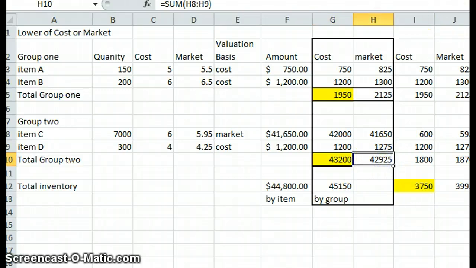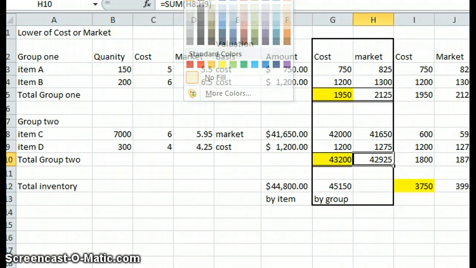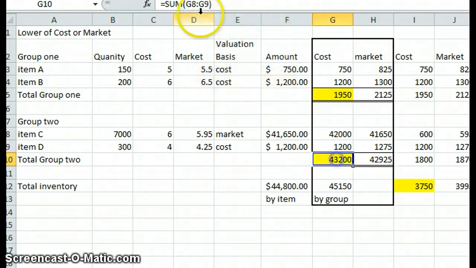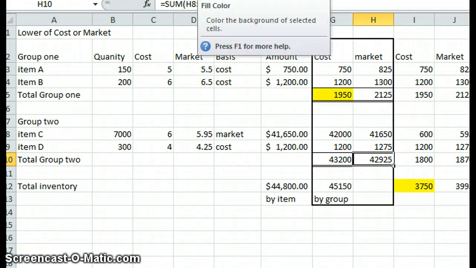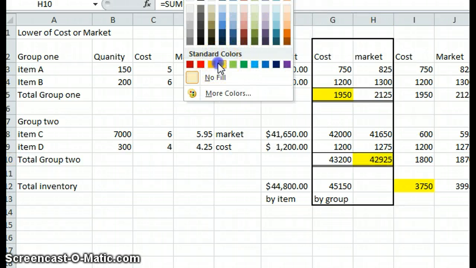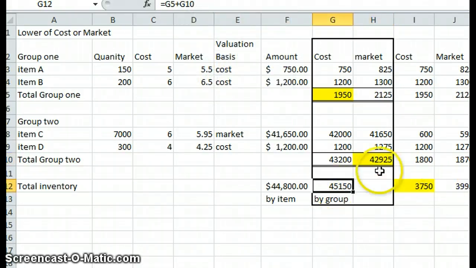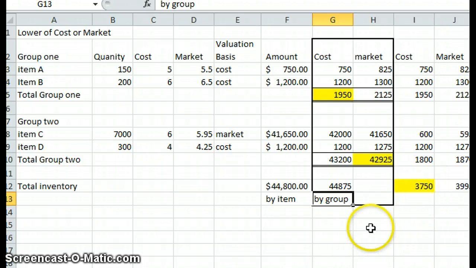So instead of it being 4,300, we would use the 4,295, and that would be my lower. So by group, we would add the 1,950 plus the 4,295. And if I want to just continue our thought process over here a little bit,